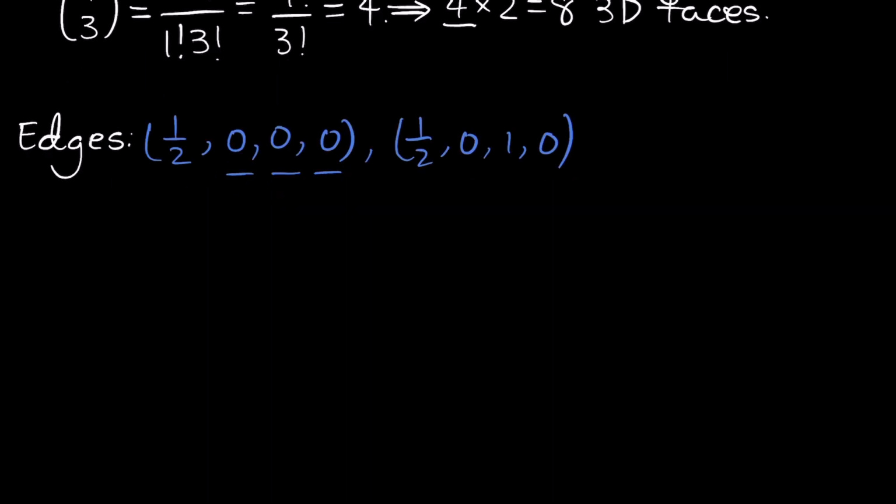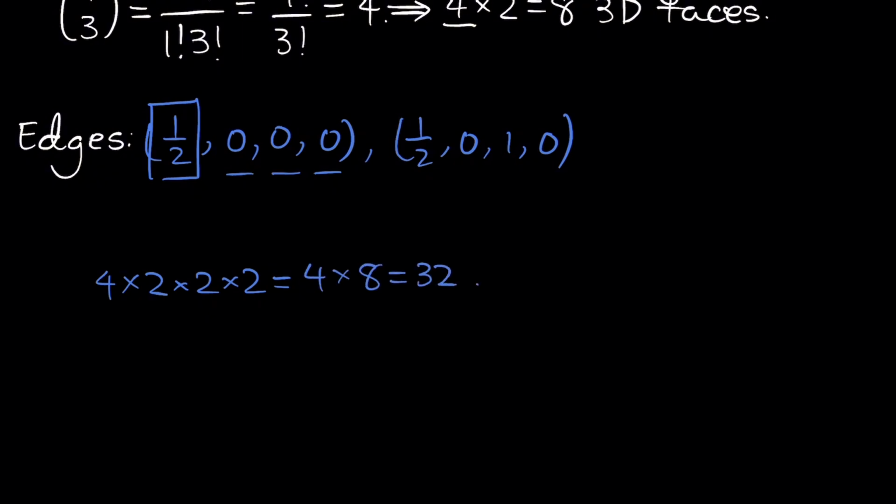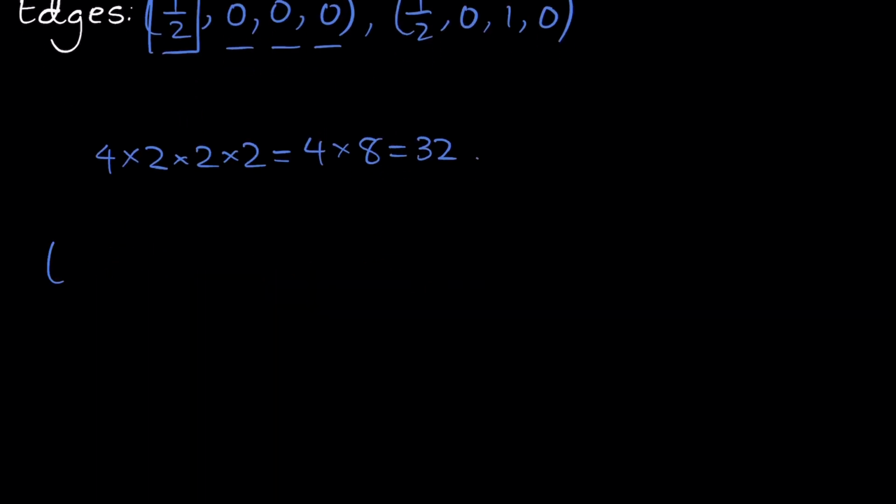Now, to find this number of permutations, it's basically the number of possible places we can put 1/2, which is 4, multiplied by the number of possible values these things can take on, which is 2 times 2 times 2. This is 4 times 8, which is 32. Well, you might be confused. Why are we multiplying 4 by these numbers? But if you list them out, let's say you have a half, and if you treat this as a subset of 3 components,